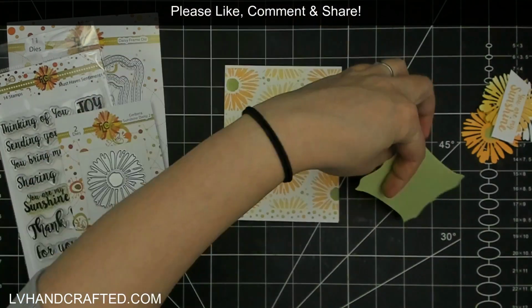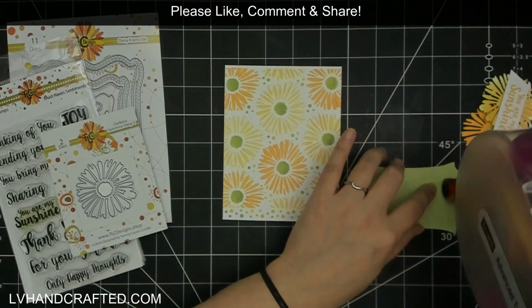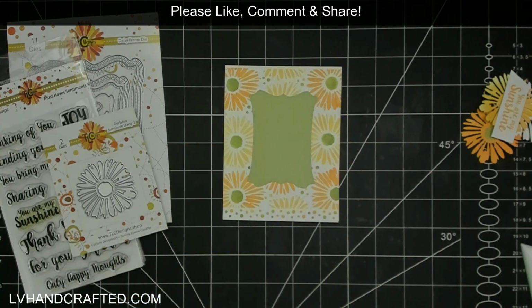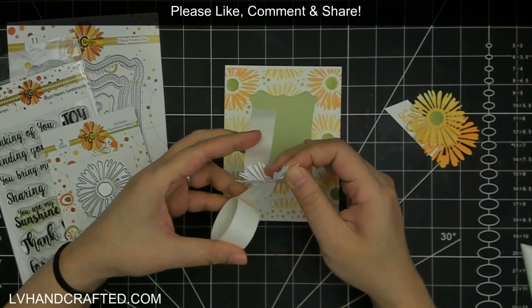And I did also pull out this, the second smallest die from the Daisy frame die set. Couldn't help but use some more of the Daisy products from previously released dies from TLC Designs. And I thought the You Are My Sunshine sentiment would work really well on this card. So I've gone ahead and stamped that out with the same yellow ink that I stenciled and used also to create my colored cardstock. And I'm going to attach these just with a 1/2" glue dot in the center of